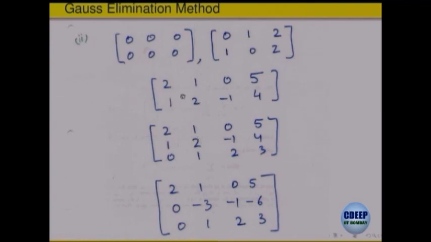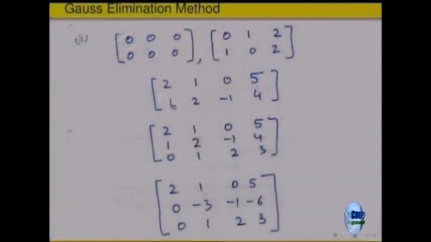Is it okay that this is in the row equivalent form or not? No, it is not in the row equivalent form. Why? Because here the first non-zero entry is coming at place 2. In the next row, the non-zero entry should not be coming at the same column. It should be on the right side. You see the second property. So this is not in the row equivalent form, because the non-zero entries for both the rows are coming at the same column.